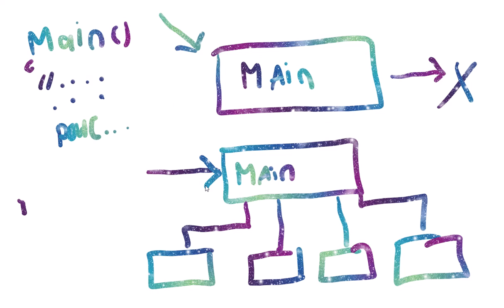Once you enter main, then inside your main you can start calling other functions, and you would be defining these functions yourself, right? So you could have f1, f2, f3, f4. Now please do not name your functions with two letters. I am just putting that as an example so that it fits in my little drawing here. So again, this is the concept of divide and conquer. Very important concept to understand. Divide